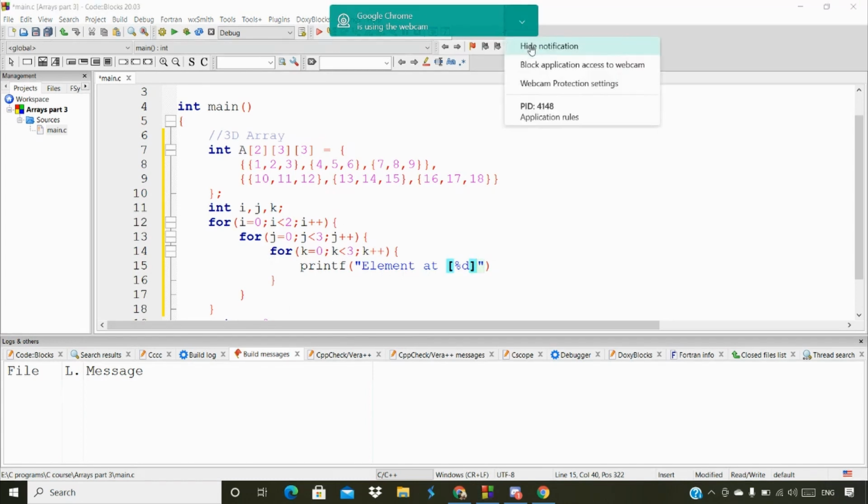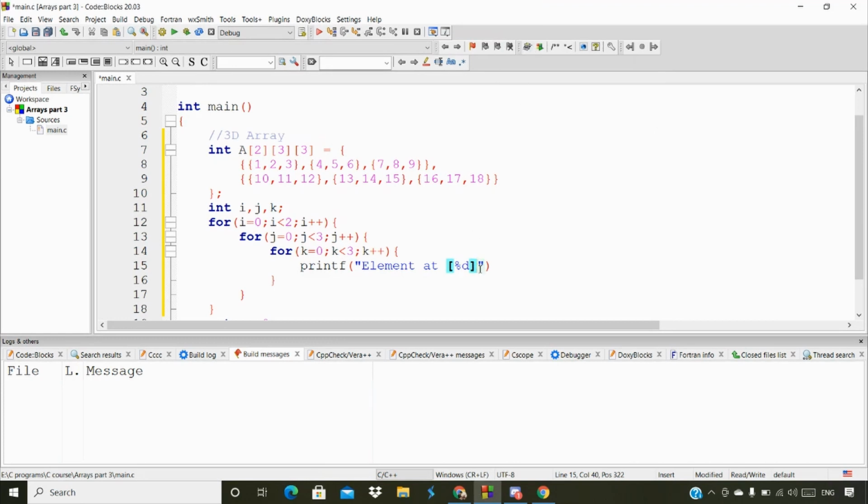That's the reason I'm printing this ijk as well. So I'm going to give one more percentage d for j, and one more percentage d for k as well.